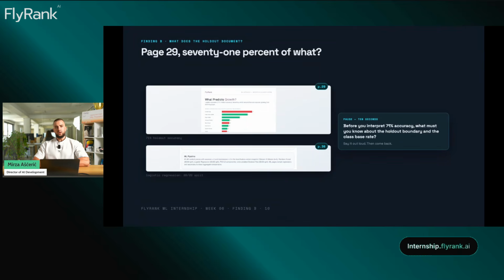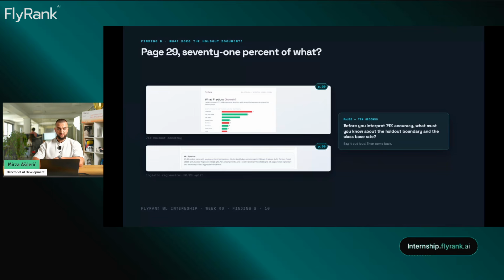And now, for the second thing we found on page 29. The paper says it guessed correctly 71 out of 100 times. And this guess was made on content that was split into 2 parts, 80% to learn and 20% to test. That's all the paper says about how it tested its guesses. It doesn't say what was split, if brands were together, how many good things there were to start, or if it got the same results many times.